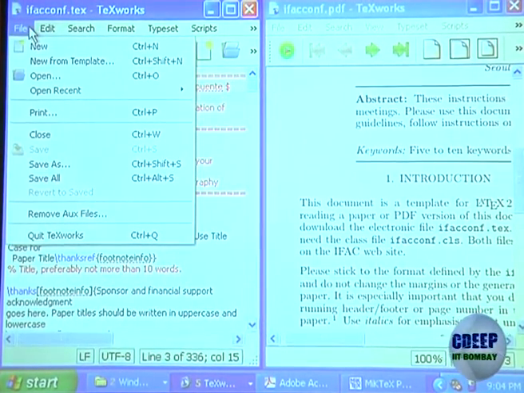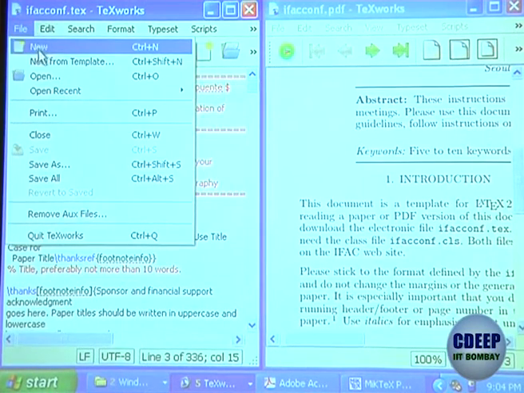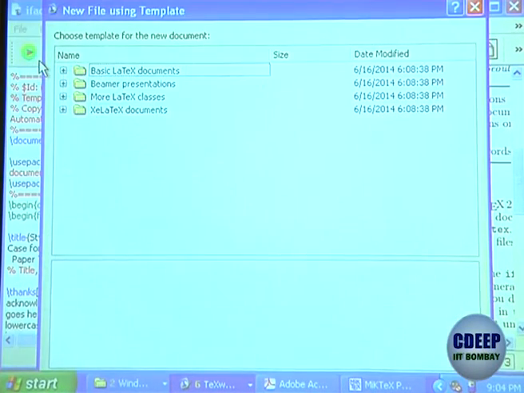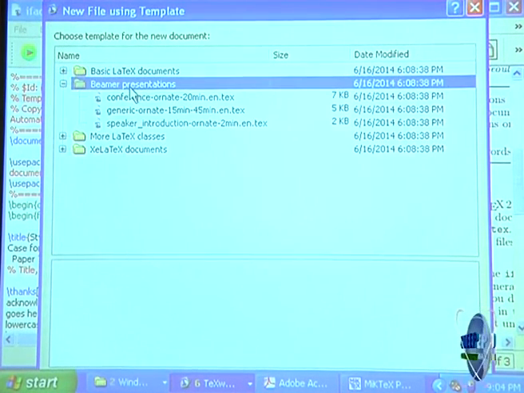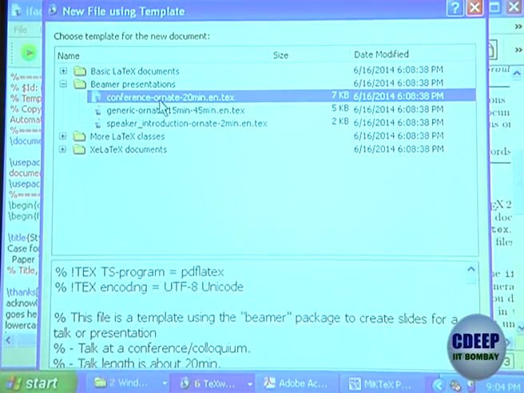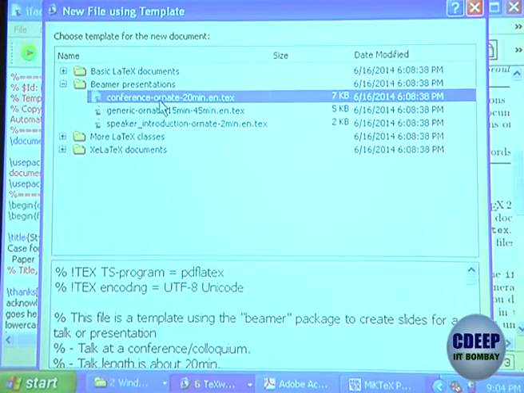Okay, and we started with a first line called document class, which none of you had to write because all these templates are already available in LaTeX. Most of the software already gives these templates. So just go to a Beamer presentation, take any template, say the 20-minute conference template. Okay, just open this,